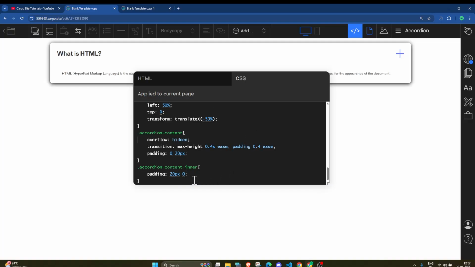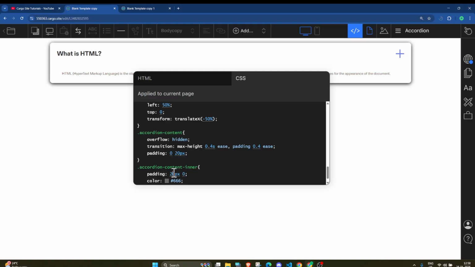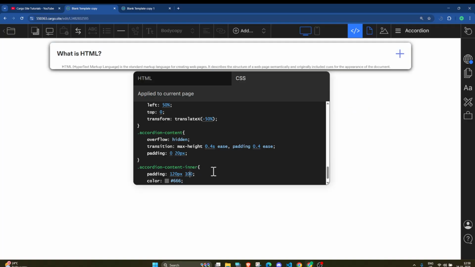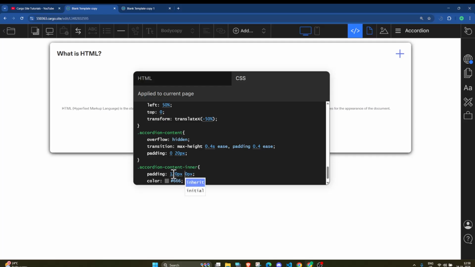And after that, we will add the color for this text. Here you can change the color if you want, and if you want to change the padding, you can change it here. This is basically top and bottom padding. If I add 120 here, you can see only top and bottom is changing. And if I add here you can see it is adding from the left and right. So by default, left and right will be 0, and we will make this 20 pixel.